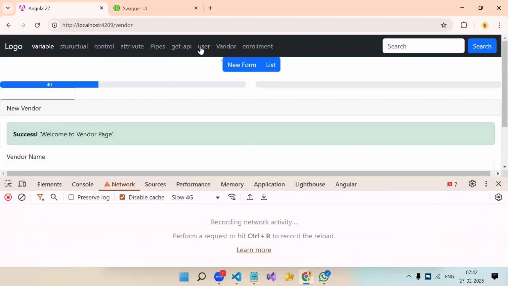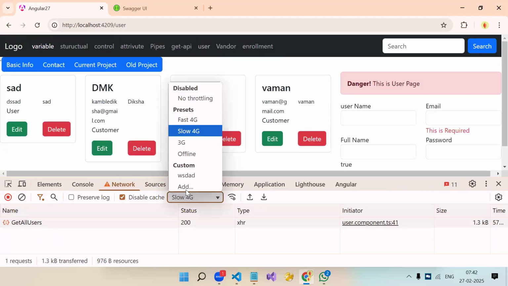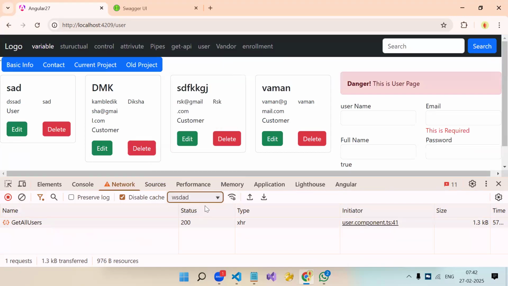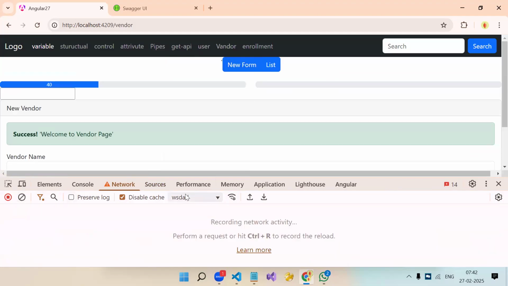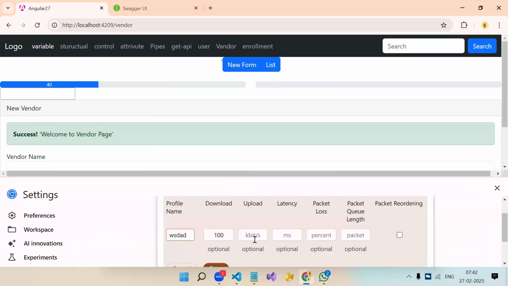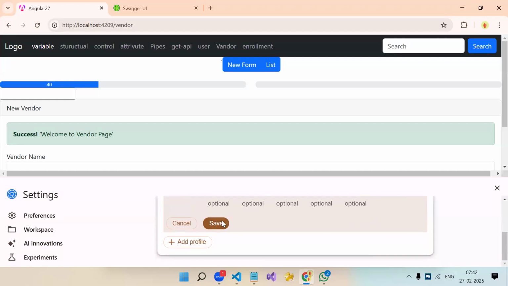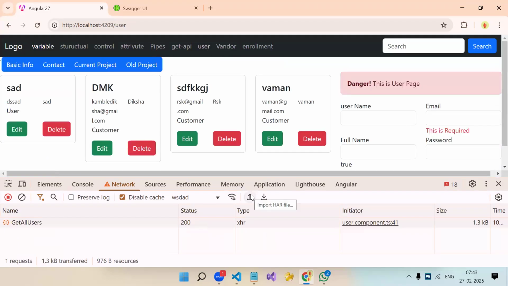Let's go to user. Let me add a custom one. We can provide a custom speed also, okay? 5 kbps. And let's go to user till it is coming quickly.